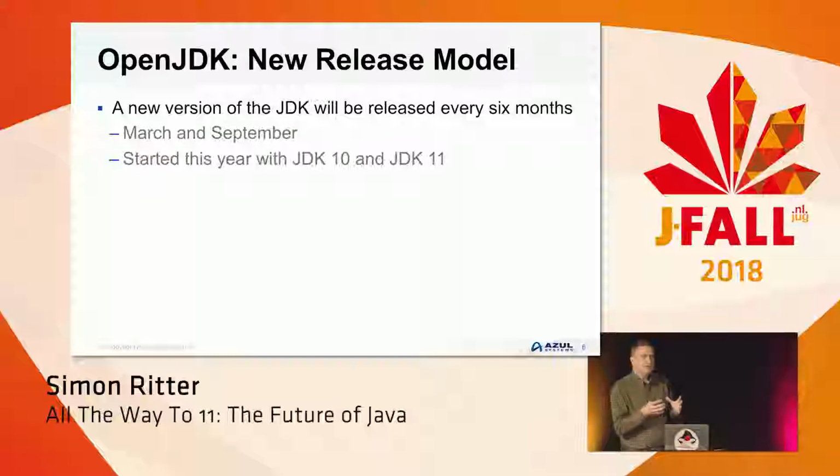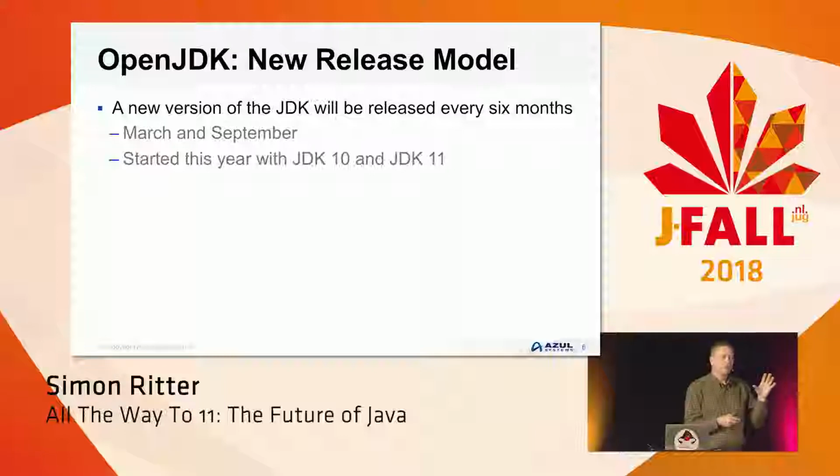First of these is that Oracle wanted to use a new release model. Rather than having the way of delivering Java as it has been for the last, well, 20 years, where we've had major releases which have taken years to come out with a new release, what they said is, OK, we're going to come out with a new release every 6 months. So 2 releases a year, every year.